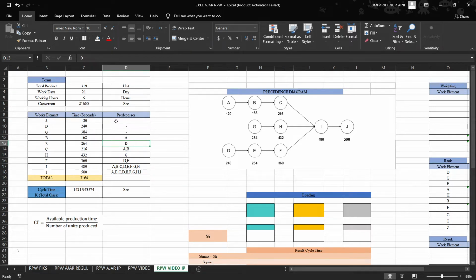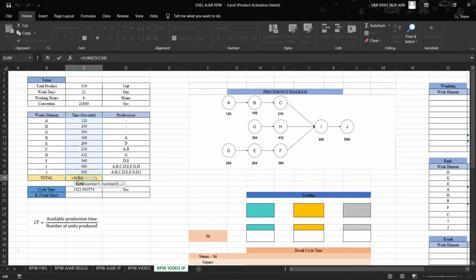Okay, after we know the work elements, the time for each work element, and the predecessors, we know the second input of the RPW method. For the RPW calculation, you must calculate the total time for the work elements with the sum formula in Excel.